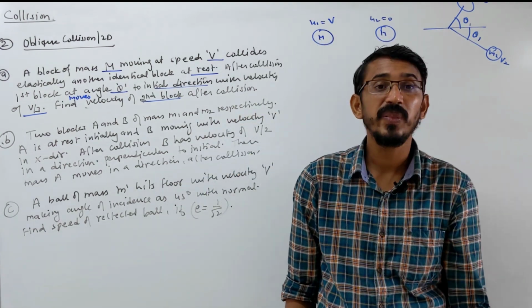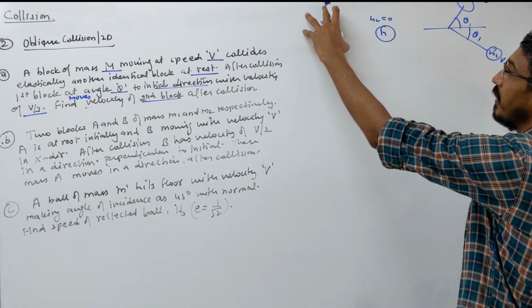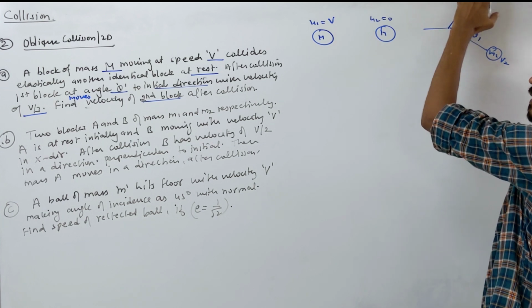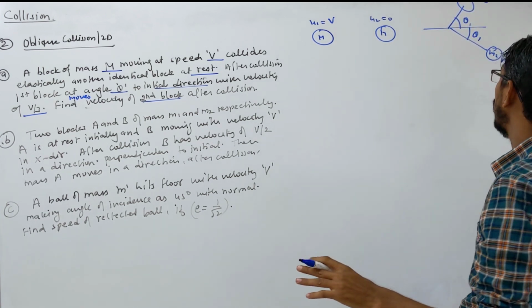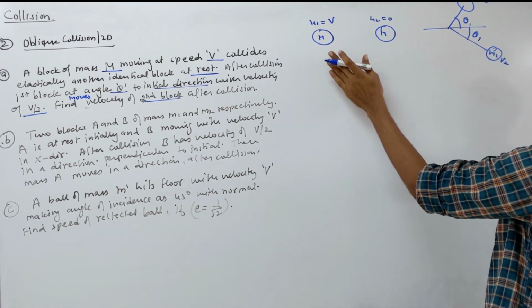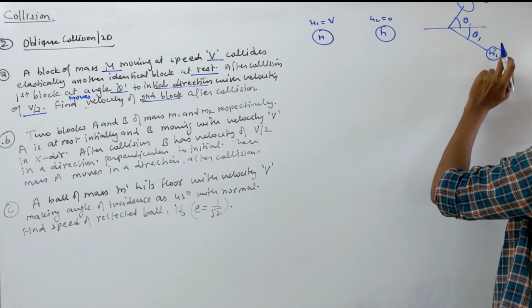So look, it's a very simple question, because you should not get confused. The velocity of this ball is given initially, this one is given as 0. The velocity of one ball we know, and for one ball we simply have to calculate the velocity. So we should not write the conservation of momentum here, we don't need it, you can directly write conservation of kinetic energy, because only one thing is unknown, the final velocity of this block.